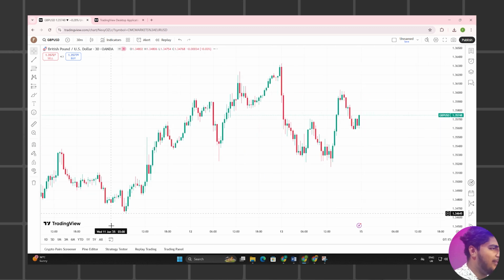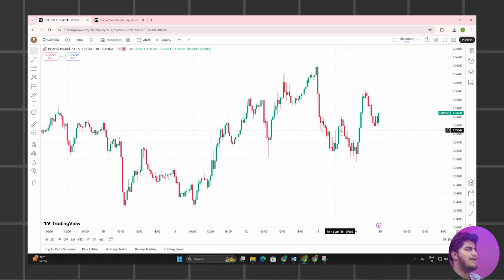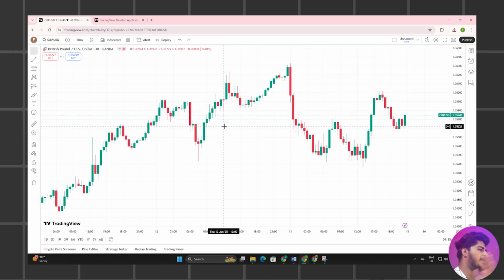GBP. Now here you can see there is a timeline. The 1 day, 5 days, 1 month, 3 months, 6 months, 1 year, and 5 years. You can analyze where the chart is going. Now for example, I want to see the chart back in 1 year. Since 1 year, what the market is doing, an up section or a down section, or a good section or a not good section.